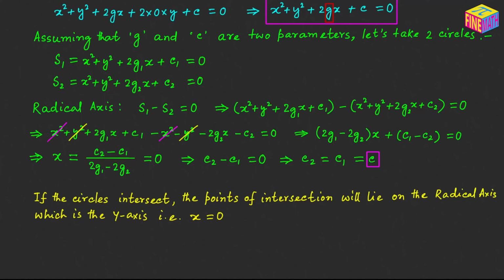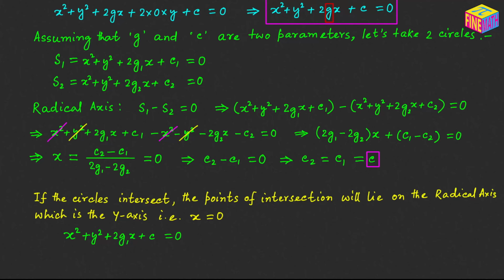of those circles would lie on the radical axis, because the radical axis is actually the same as the common chord, and in this case the radical axis is the y-axis, so we can assume that the points of intersection of the circles will lie on the line x equals 0, which is nothing but the y-axis. So if we take a circle whose equation can be written as x squared plus y squared plus 2 times g sub 1 times x plus c equals 0, we are taking some real number g sub 1, and we can say that this could be one of those equations, and this equation should satisfy